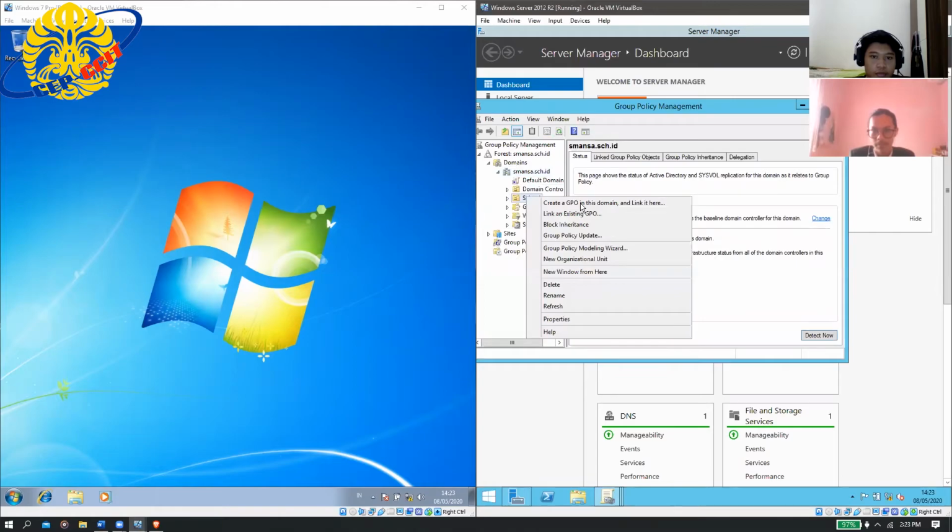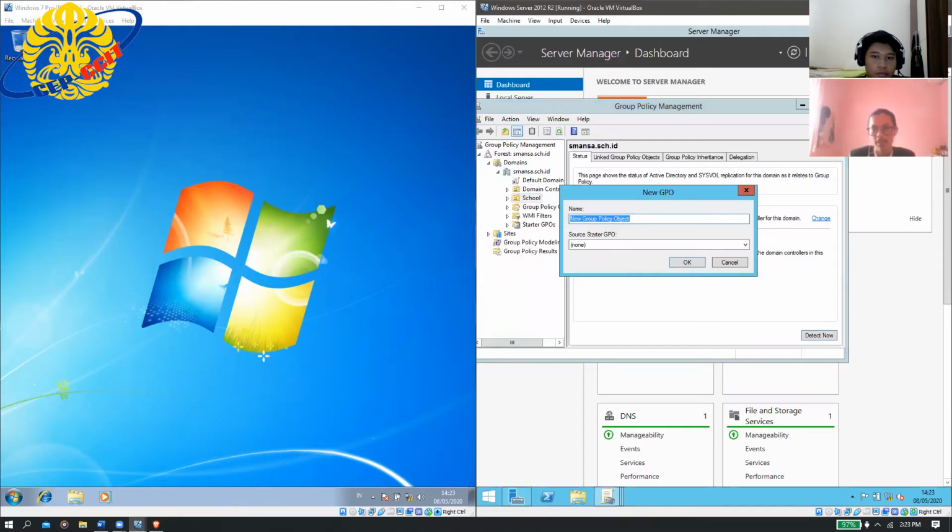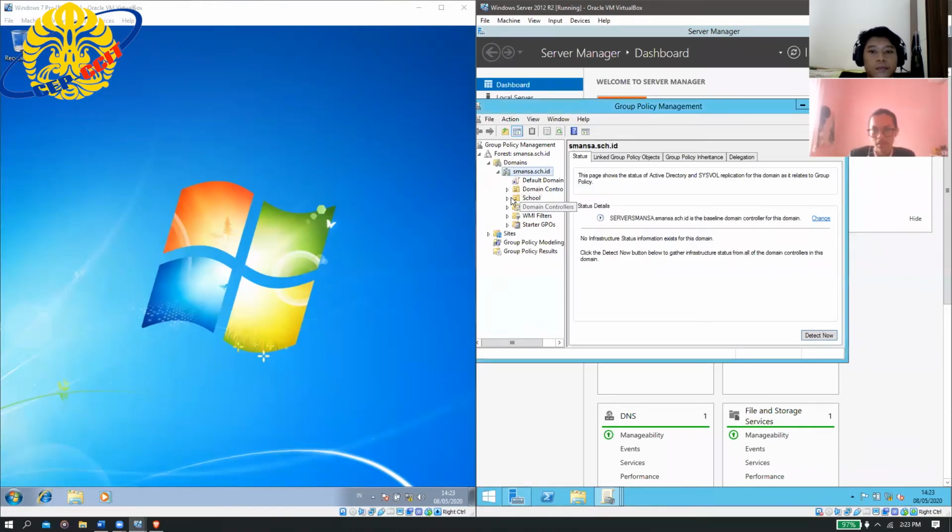Create a new GPO, edit the domain, and link it here at the Semansa user organizational unit. Type Semansa. Click OK.